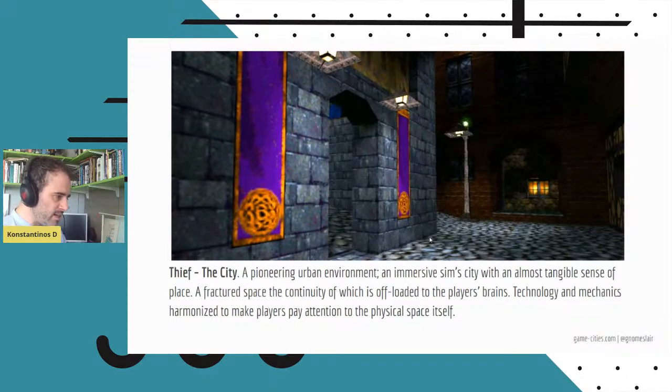It was wonderfully done because it forced players to really pay attention to the environment due to the game's mechanics. So you had to pay attention to what sound a stone floor makes, and where the shadows are and everything. And this puts your imagination into overdrive and helps you fill in all the blanks that the game's aging technology could not ever hope to fill in. We could say that this is a fractured space, the continuity of which is actually offloaded onto you, the player's